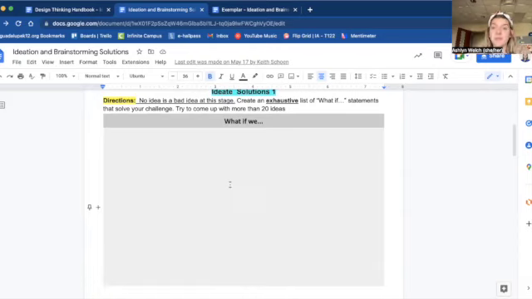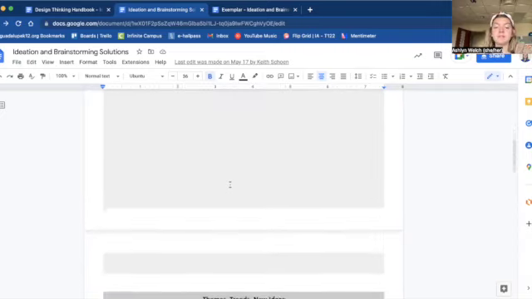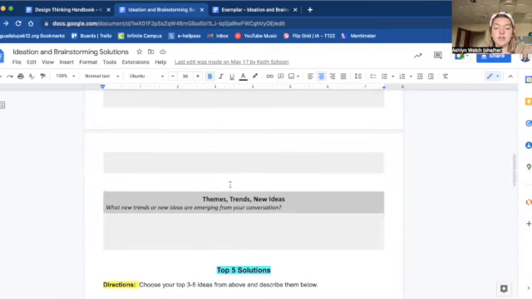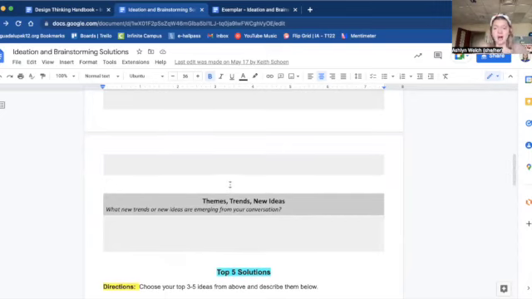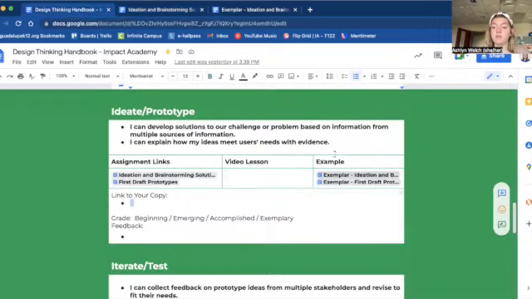You want to come up with more than 20 ideas, which may seem like a lot, but don't hesitate to be creative. I really encourage you, every thought that comes in your head, you pop it out. And as your team discusses and comes up with solutions, the list should get pretty long. So you'll have more than 20 ideas. Now you're going to look at all these ideas and say, what common ideas are we seeing? What themes and trends and patterns can I find between all of my ideas, and how can I group them? So if we're looking at the exemplar, which you can find over here,